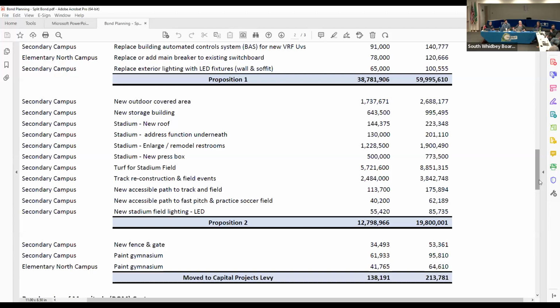This might be outside the scope of what we hope to discuss tonight, but what about running Proposition 1 in November and running Proposition 2 in February or April? I have a concern with that, looking like we've gotten a bunch of money and we're asking for more. But I certainly think it's something we can do. This is a workshop, we can discuss everything and anything. And I'm very curious about the input of those who are present, who are not on the elected board, to get their feedback also.